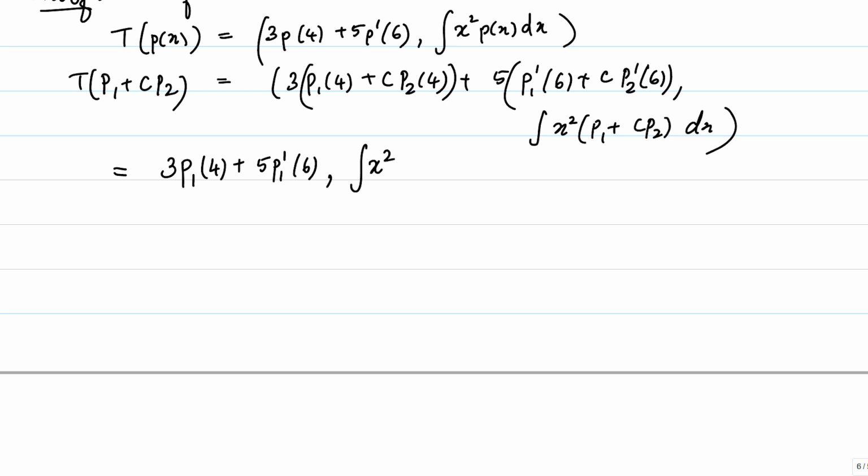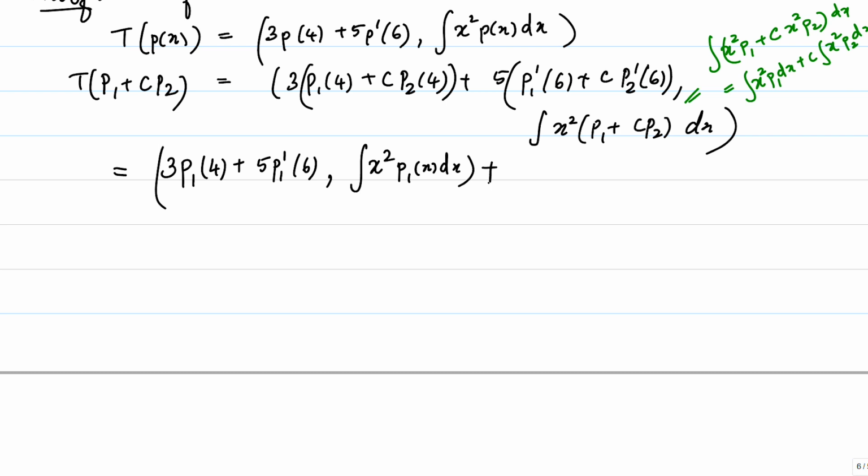So let me just write that down here in green. This is just going to be equal to the integral of x square P1 plus C times x square P2 dx, which is equal to the integral of x square P1 dx plus C times the integral of x square P2 dx. And that helps us in writing this as P1 of x dx